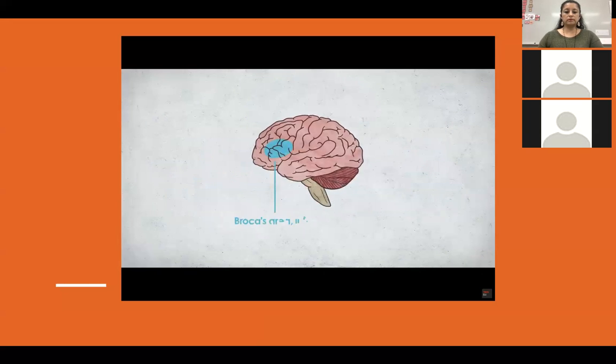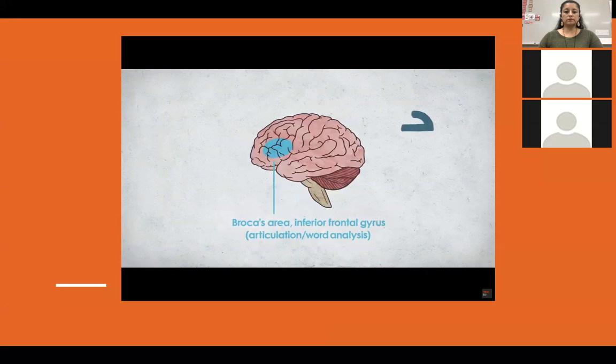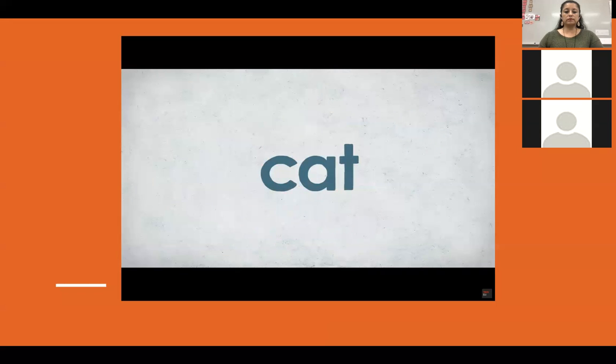When most people think of dyslexia, they think of seeing letters and words backwards, like seeing B as D and vice versa. Or they might think people with dyslexia see saw as was. The truth is, people with dyslexia see things the same way as everyone else. Dyslexia is caused by a phonological processing problem, meaning people affected by it have trouble not with seeing language, but with manipulating it. For example, if you heard the word cat and then someone asked you, remove the C, what word would you have left? At. This can be difficult for those with dyslexia.